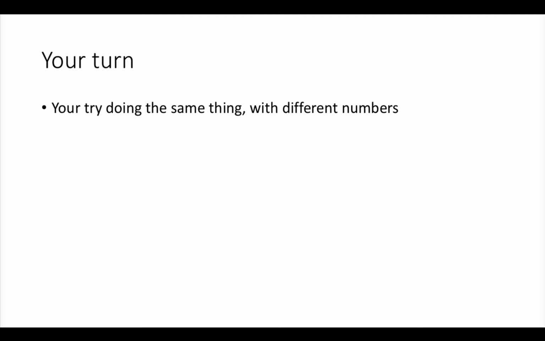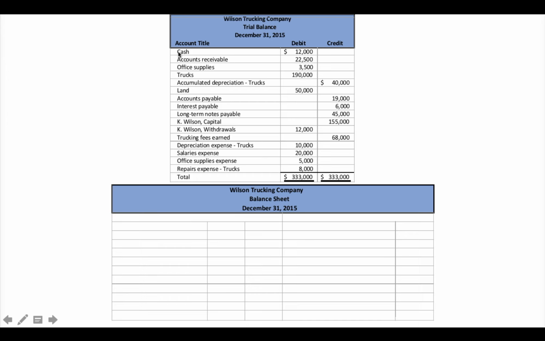So very similar again, but different numbers. And just like before, these are going to be our asset accounts all the way down to land, inclusive of the credit balanced accumulated depreciation account. Those will be divided between current assets and